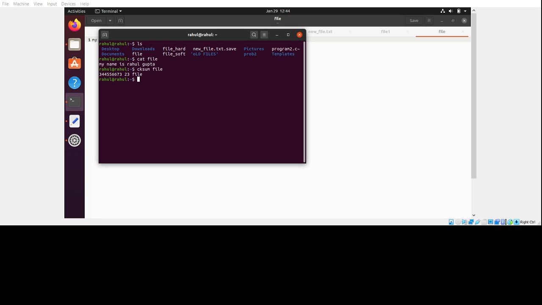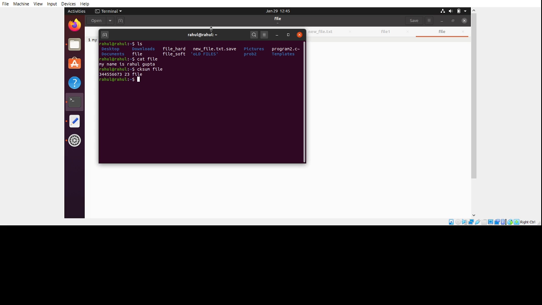Now the next command is the checksum command. It is used to count the bytes and compute the checksum. Firstly, there is the ls command and a file, which is a dummy file. In the checksum there is the checksum and number of bytes, 23, and the file.